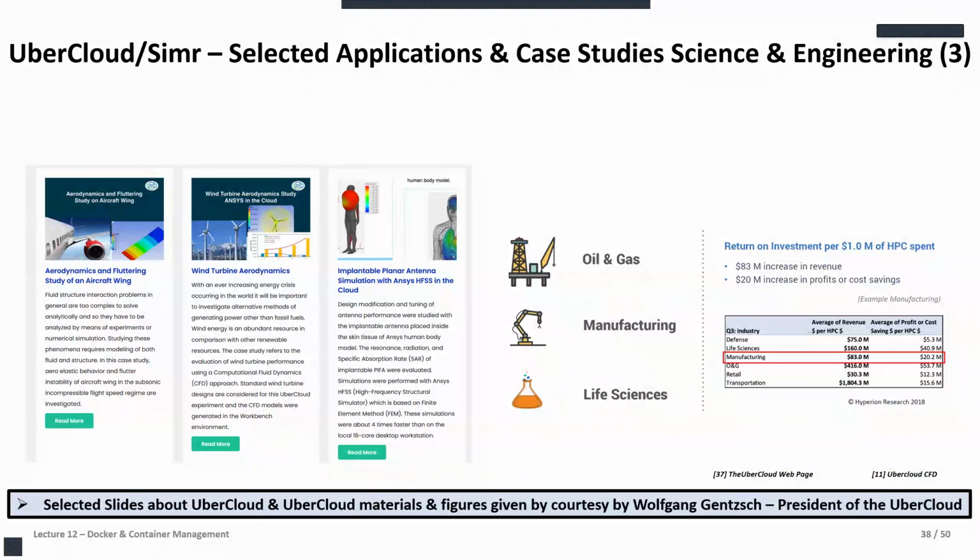You see here also the sectors when they do the idea of HPC, so working maybe also in the cloud. You see here the revenue that you make per HPC is in the 83 millions. And the profit or cost savings per HPC, in the example of manufacturing, is 20 million.